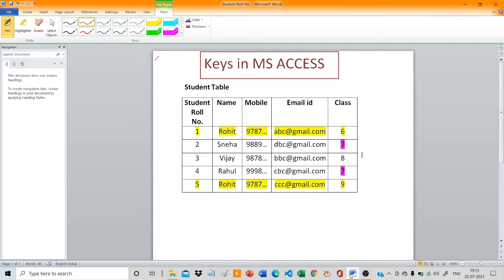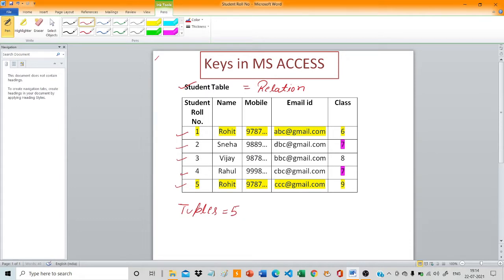So this is a table named student. It means this is our relation. Table name is also known as relation in database. So what is the relation value? Relation means student table, that is the name. If we talk about total number of rows, it means total number of tuples or records. Tuples, how many tuples are there? 1, 2, 3, 4, 5 tuples are there.